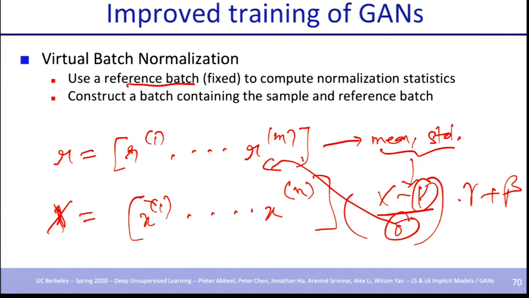But there is a flaw with this trick. The flaw is that if you fix one mini batch for your whole training process, it means that your model could overfit to that particular mini batch you sample as a reference batch. So unless your reference batch is really, really huge, it's very likely that you're going to produce a very non-diverse set of samples. And having a very huge reference batch is not really optimal because you need to forward pass all these reference samples every time you do the updates, right? Because every single forward pass, with respect to the current parameters, you're going to calculate what these reference samples are producing at every layer for your batch norm.